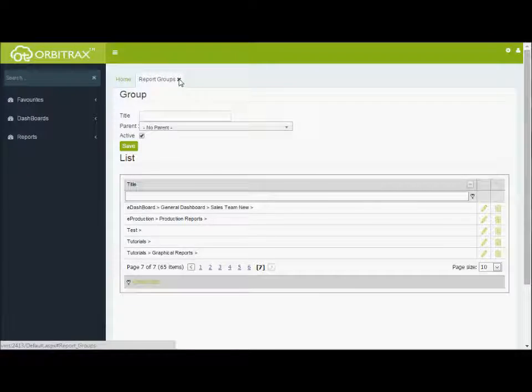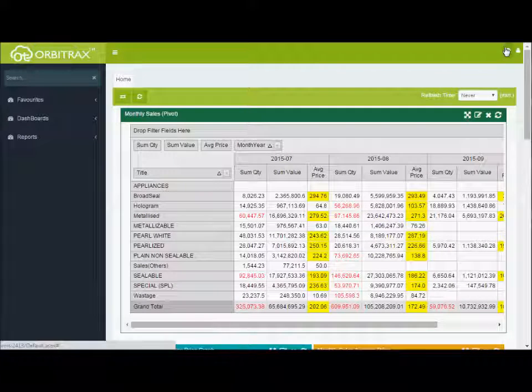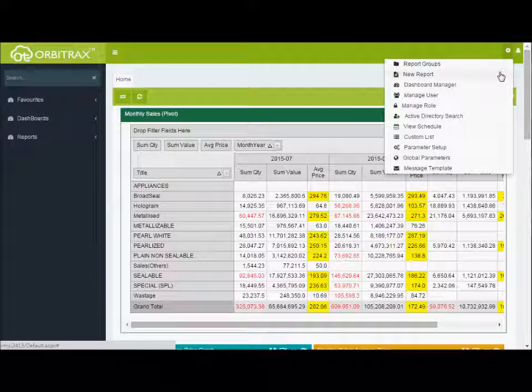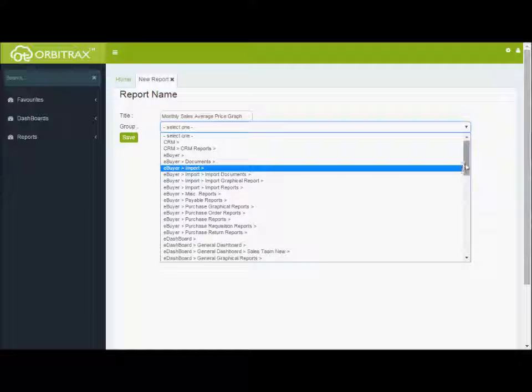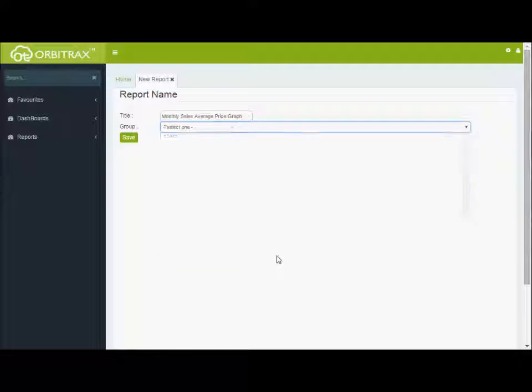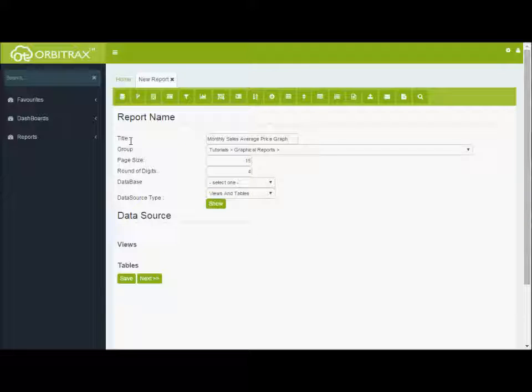Now moving to the next step, click on the Settings icon again and select the New Report option. Give your report a suitable title like Monthly Sales Average Price Graph and select Report Group. Then click on the Save button. The report has been created and a new form is displayed on screen containing all the features and functionalities for designing